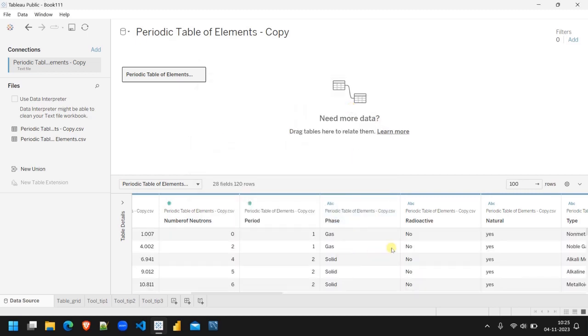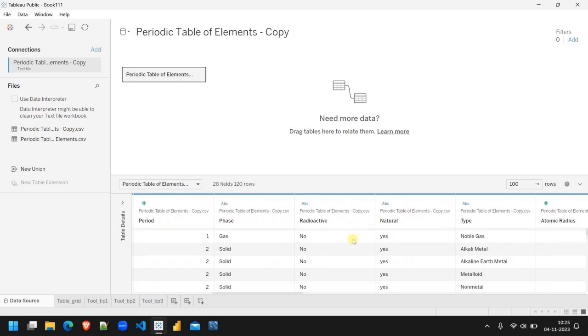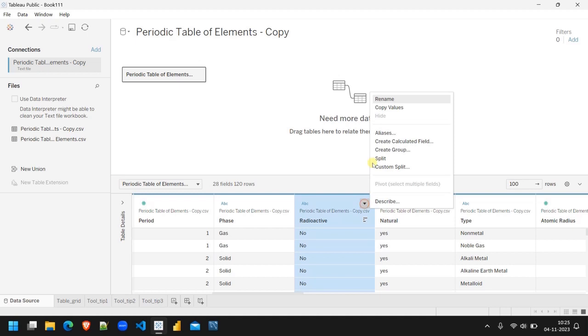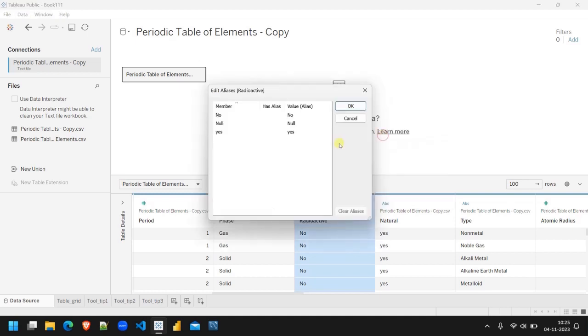Okay. In case of radioactivity also, we can use aliases, and where there is yes, we want it to be